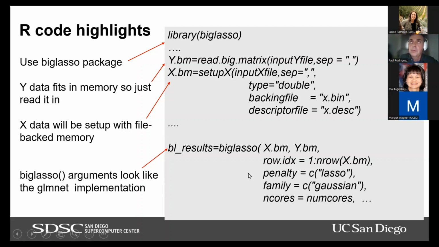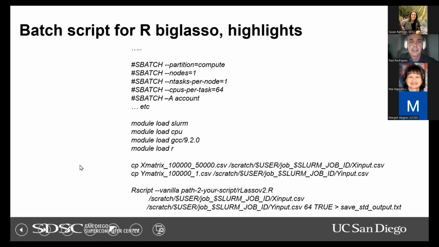Normally, if you're doing Lasso in R, there's a general linear model package that has a Lasso command, and the parameters are all basically the same. Except in this case, it was nice because it gave you an option to tell it how many cores to use. All right, so the batch script looked like this. I'm not going to go through this in detail, but this is how you would run things in batch in R.